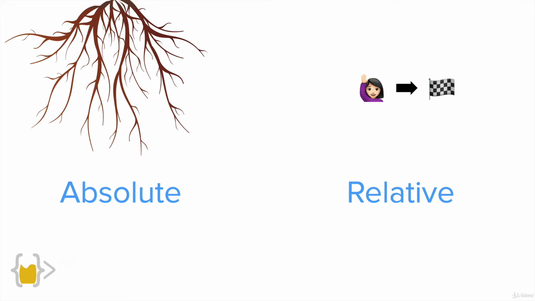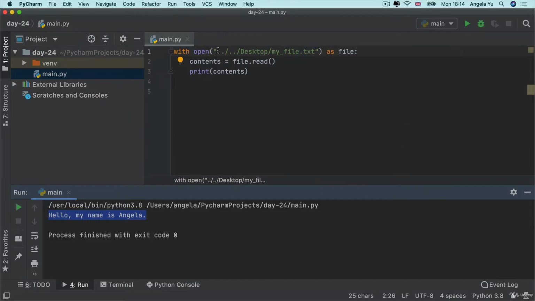Now, depending on the situation and where that file you're interested in is located, you might decide to use the absolute file path or the relative file path. And you can see that in this case, it's not necessarily that much shorter or that much more easier to understand. So if you know how to do both, then you can adapt to the situation and figure out which